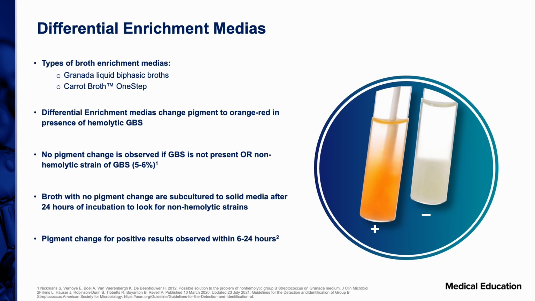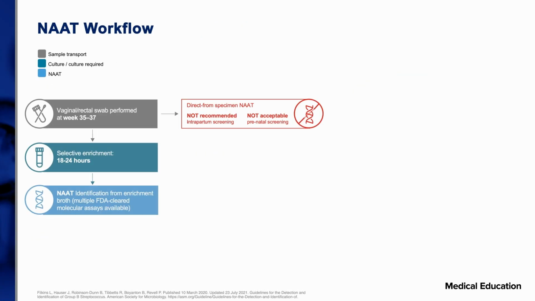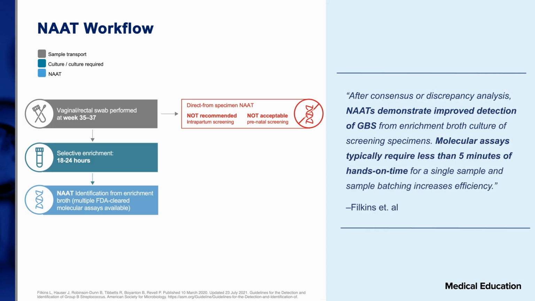And to go back, now that we've covered the traditional lab testing, to go back to workflows, the first one I want to talk about is the NAAT, the nucleic acid amplification testing, or the molecular workflow. So in that workflow, you get the swab in the lab, you can put it in differential enrichment media, and then you could run the molecular test directly off of that. And really, this is looking at even over the span of different molecular tests. Molecular tests really have demonstrated, and these are right out of the guidelines, improved detection of group B strep. And we're going to talk about some of those